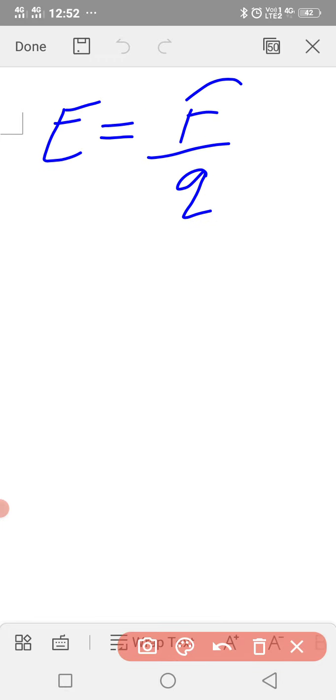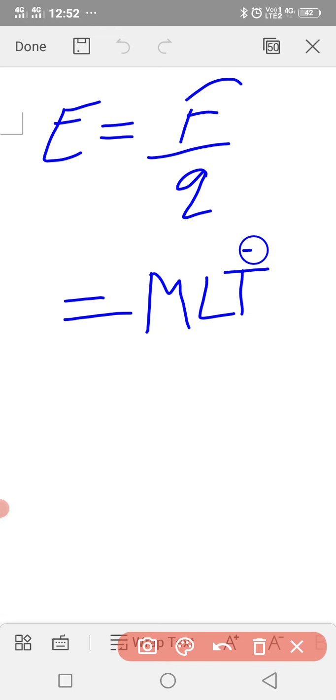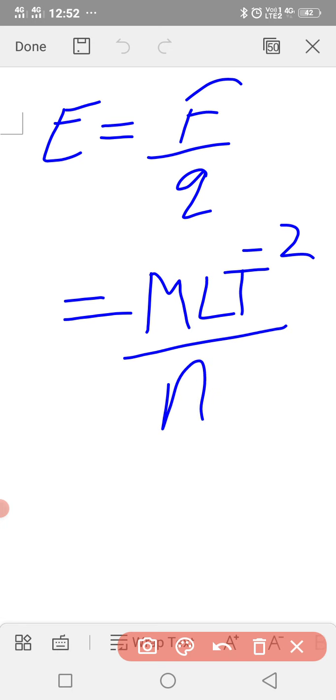Dimensional formulas of other quantities you can also write. For example, if I want to write the dimensional formula for electric field, you know that electric field is defined as the force per unit charge. The dimensional formula of force, every one of you should know, MLT minus 2. As a non-medical student, we should know the dimensional formulas of some basic quantities like force, acceleration, velocity, power, impulse and all. Charge Q has dimensional formula AT.